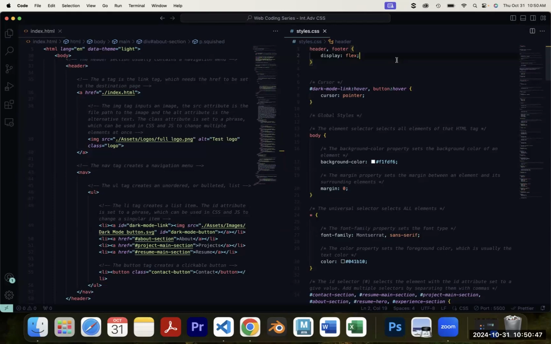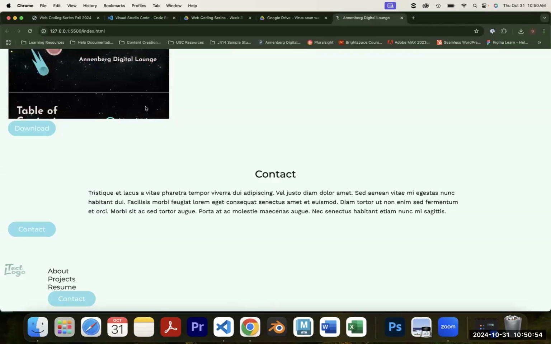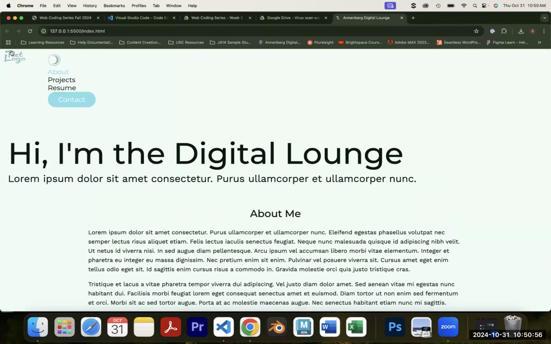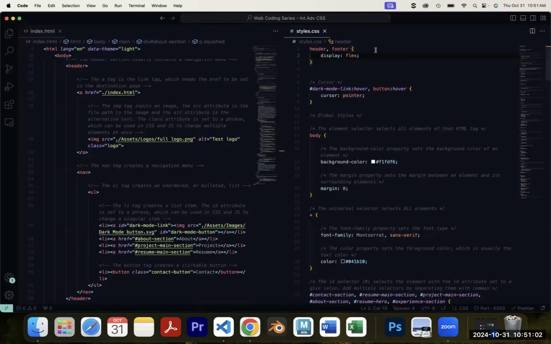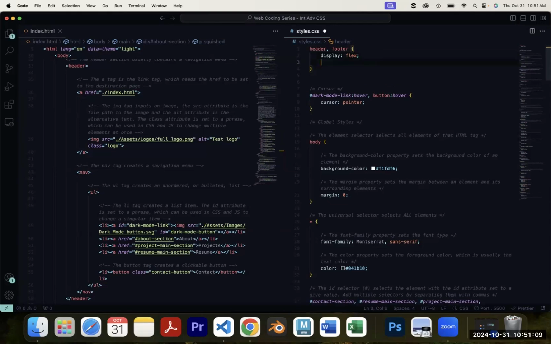And then there's a bunch of properties that you can set here as well that determines the behavior of the items that are contained within it. These are like children items. So our logo, our list, and all of that. So the first one, that we're not going to use because we like the default, is called flex direction. So by default, the flex direction is going to be from left to right. And we're going to keep that, but just so that you know in general that you can change it,